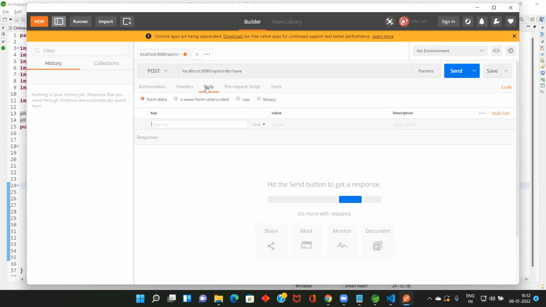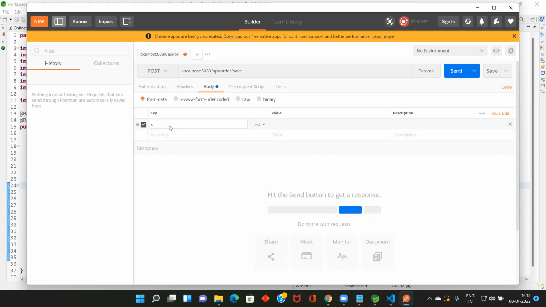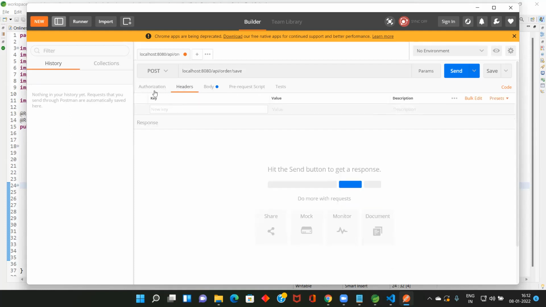Okay, then what are the values that you are going to send? Go to body. Here we are going to send the information as JSON. Anyway, you will understand. Content type. I click header, and the information is going as application/json.